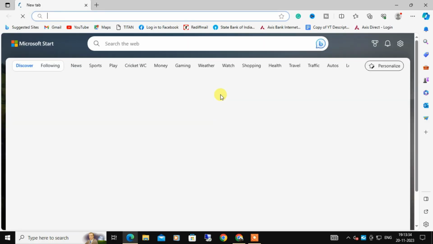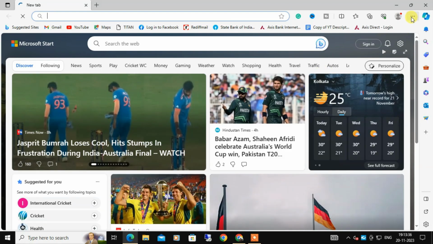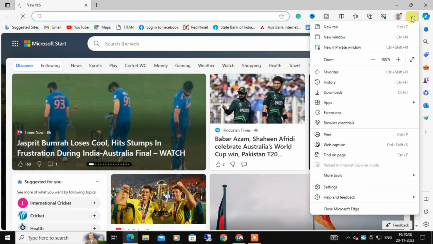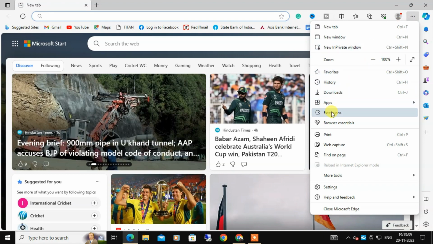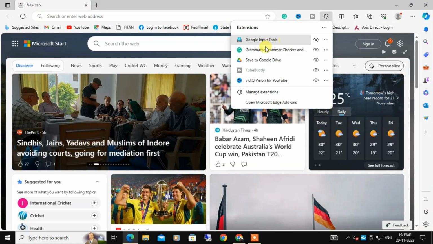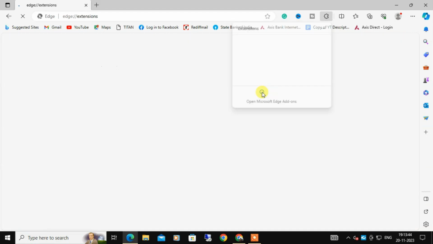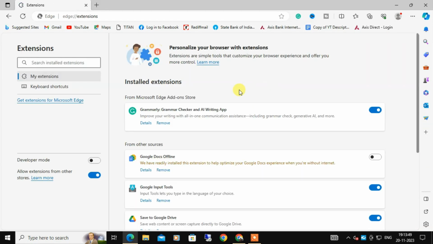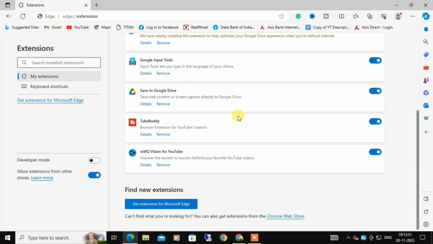First we need to open the Edge browser. On the upper right hand side you will find three dots. Just click on that, and from the list click on extension, then click on manage extension. Scroll down at the bottom, you can find Chrome Web Store. Once we click on this, the Chrome Web Store page will open,